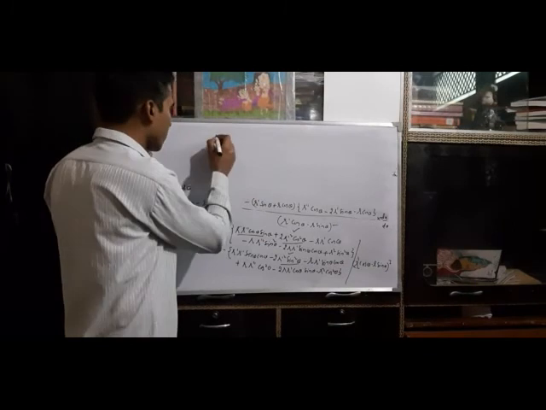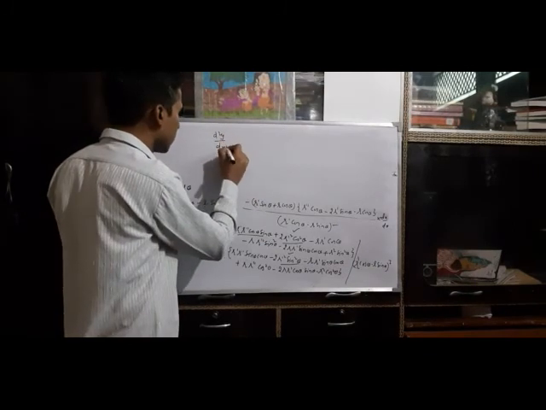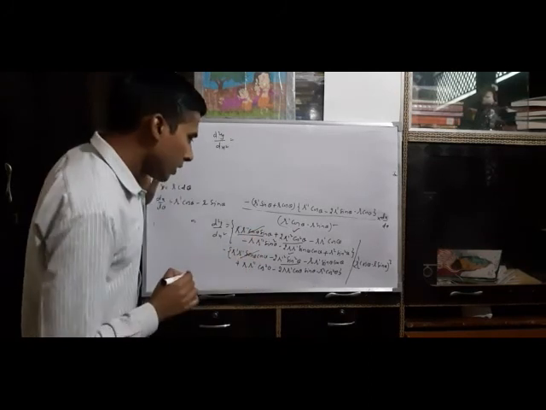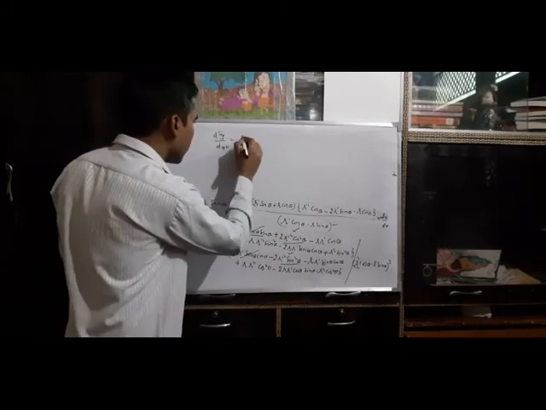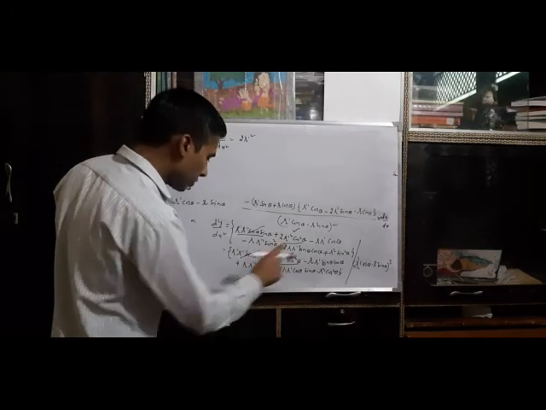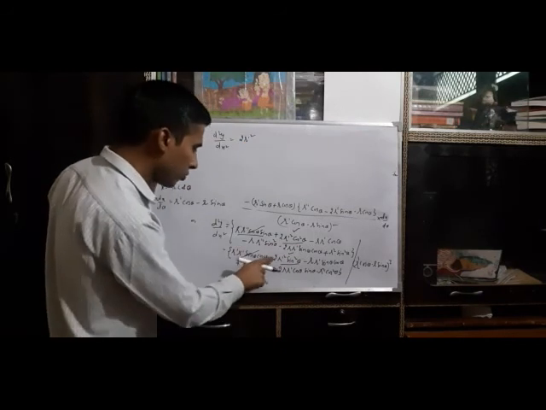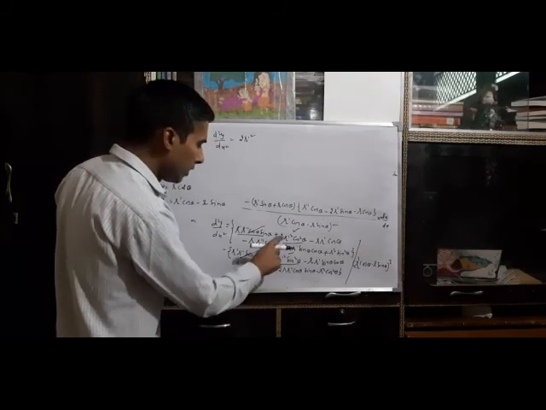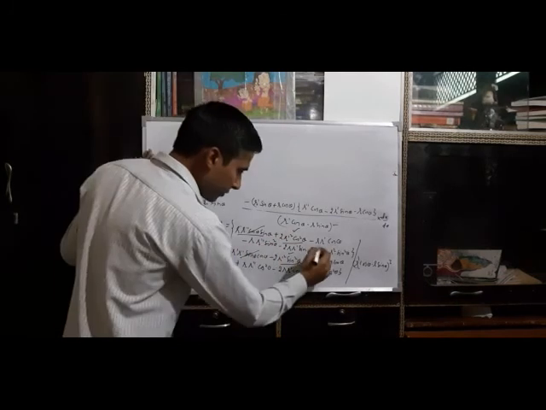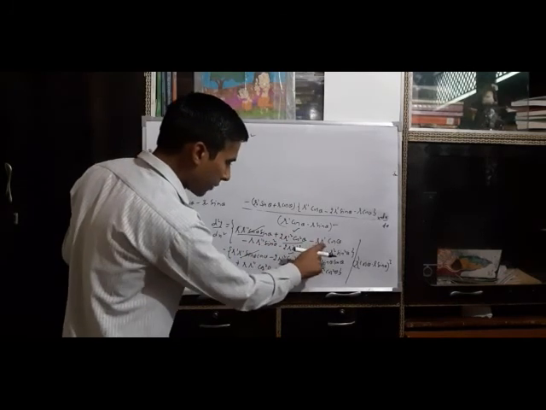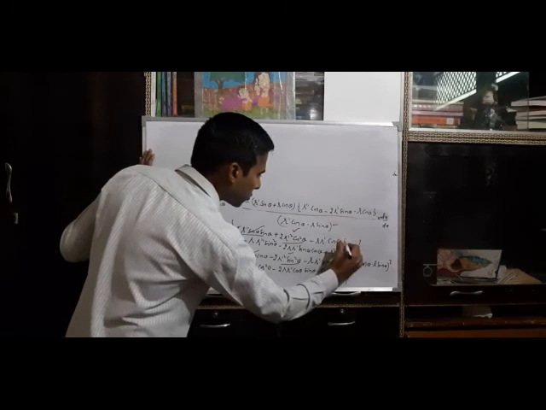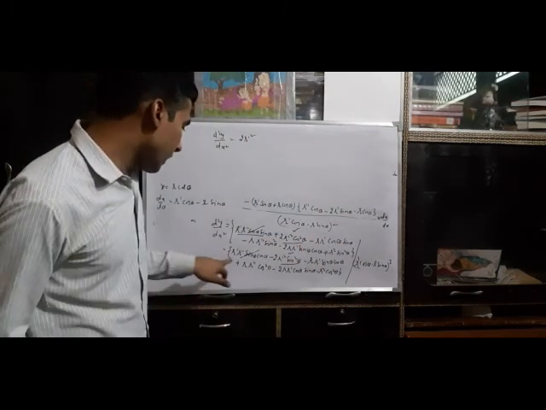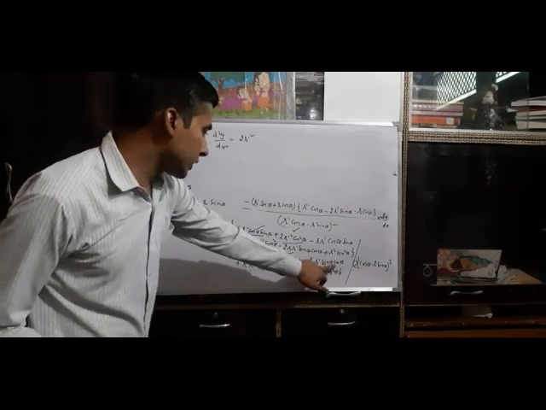This gives d square y dx square is. Here you see this term cancels with these terms. Now the second terms give 2r prime square, because 2r prime square cos square theta, and here this is also plus 2r prime square sin square theta. Cos square theta plus sin square theta is 1, so we will get here 2r prime square. Now see the third term, minus r prime cos theta, it will be cos theta sin theta, minus r prime cos theta sin theta, and here you see this is plus r prime sin theta cos theta, so it will also cancel.